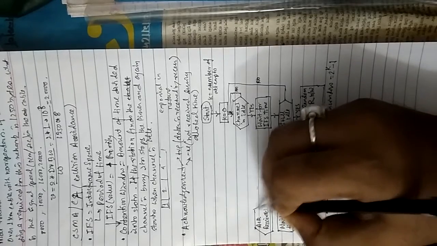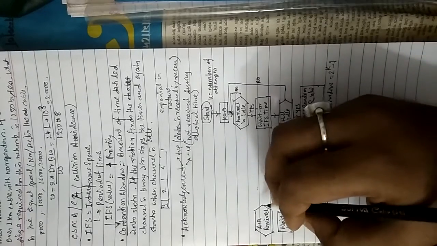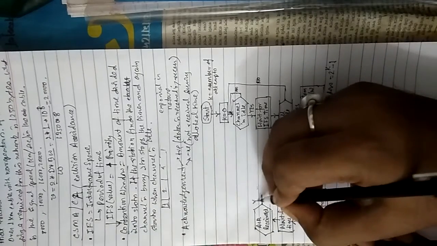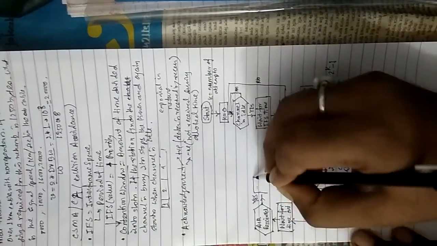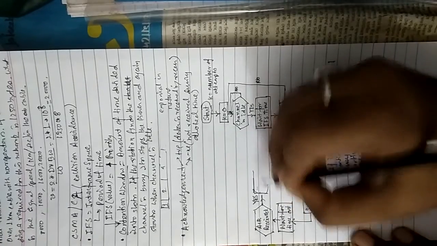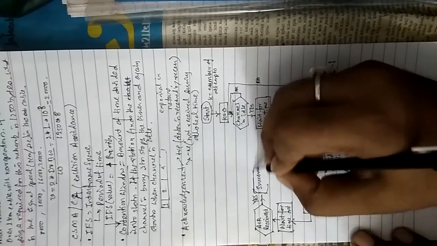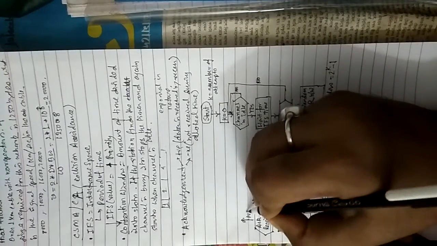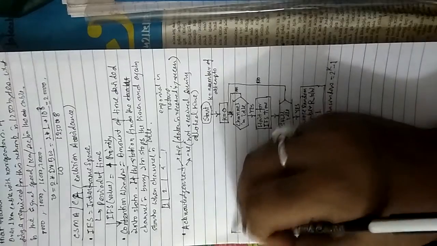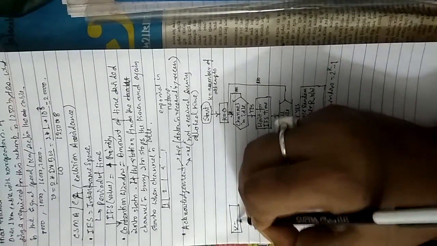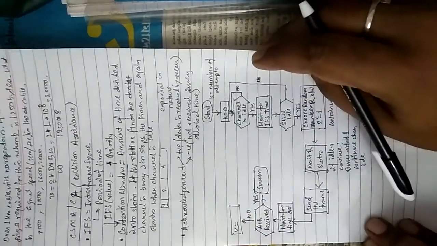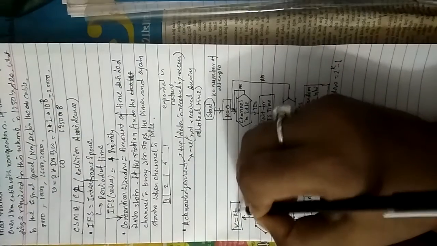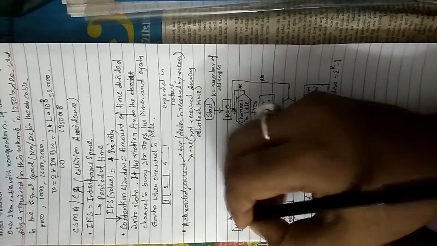Two conditions may happen, yes or no. If it is yes, that is all the window has been sent, so we can say success. And if it is no, then I will increment k equal to k plus 1,